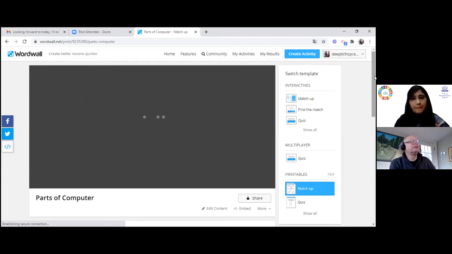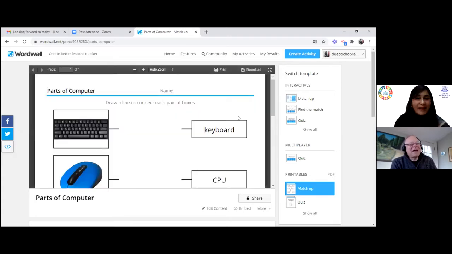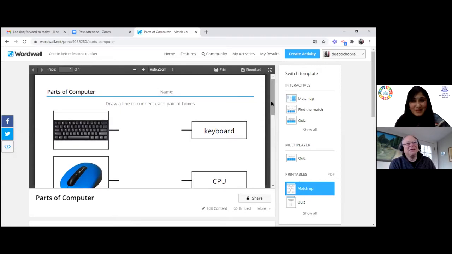Things are taking time to reach from India to US. That is the reason it is loading and loading. Otherwise, in India, it is just like in seconds. It works so good. No, but what's happening is that the technology gods realize we're doing this as a webinar, so they want to slow it down to make it more difficult.